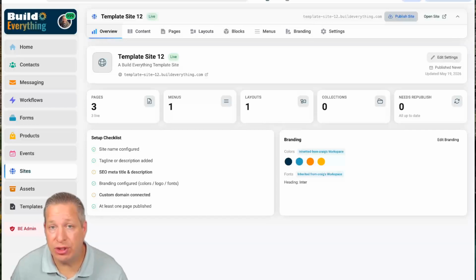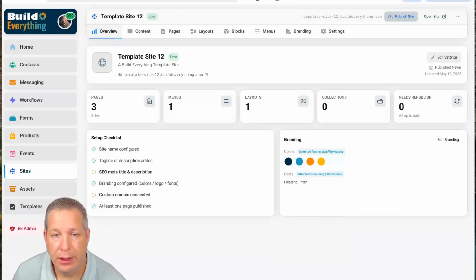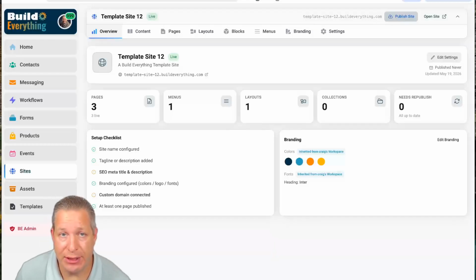If any of these items are showing as incomplete, you can click on them, which will bring you to the proper area of your site's admin to work on and complete that task. But to help you get your site up and running, let's knock out each of those steps right now. Now that you've had a little tour of your dashboard, let's look at your site settings in the horizontal navigation bar,